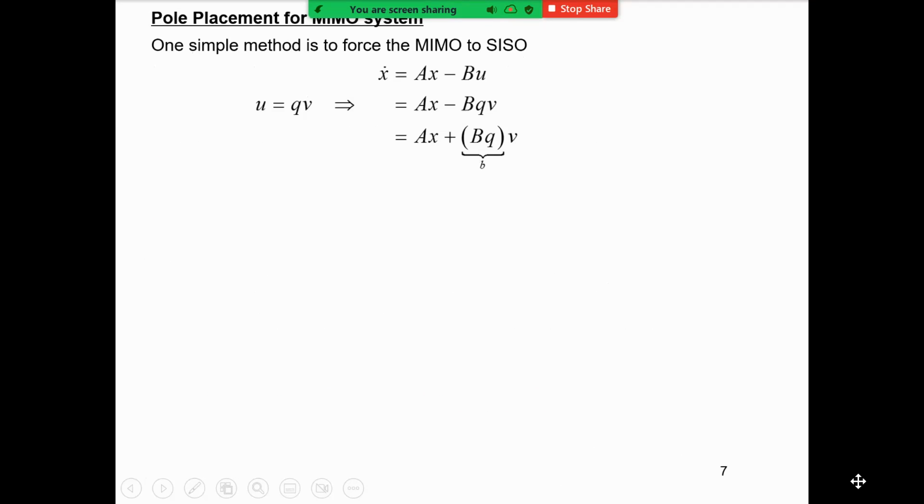Now, how do we solve this pole placement for multiple input system? One simple way is that because you are familiar with the simple method for the single input case, you try to convert it into a single input case. So you force the input as a weight vector, q, which is fixed, times a scalar. Then you merge those B times q as one vector, b. As long as this B times q and A, this pair, is controllable, then